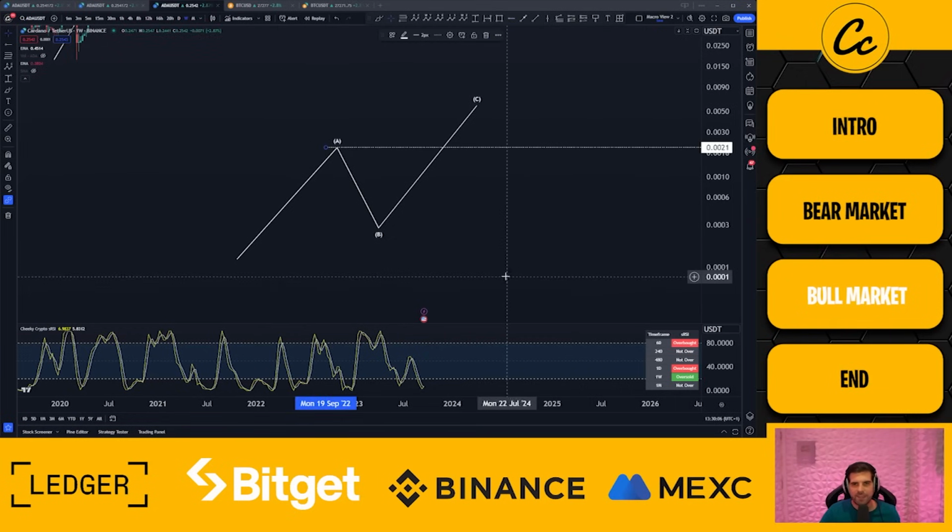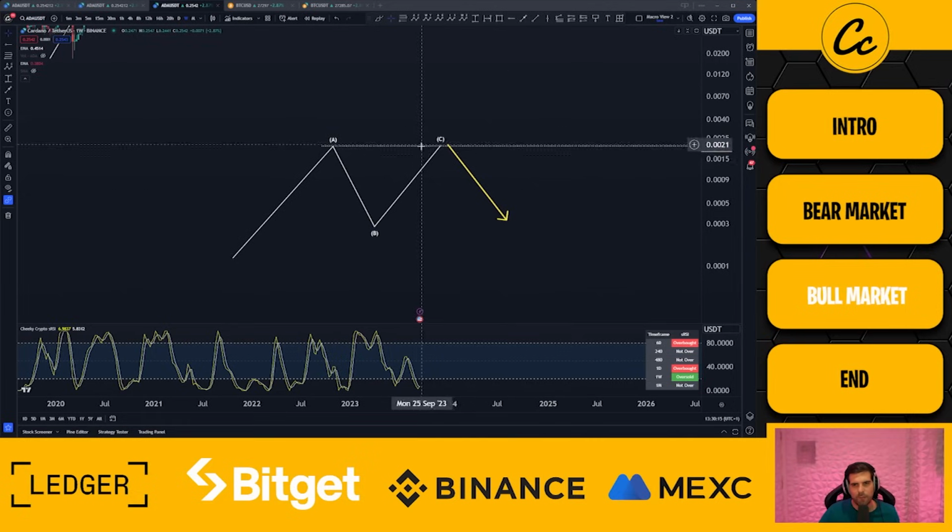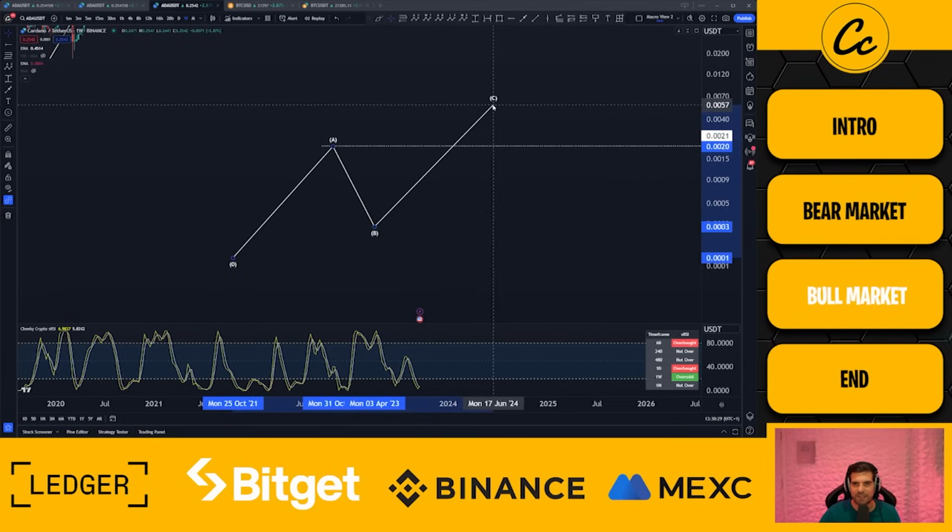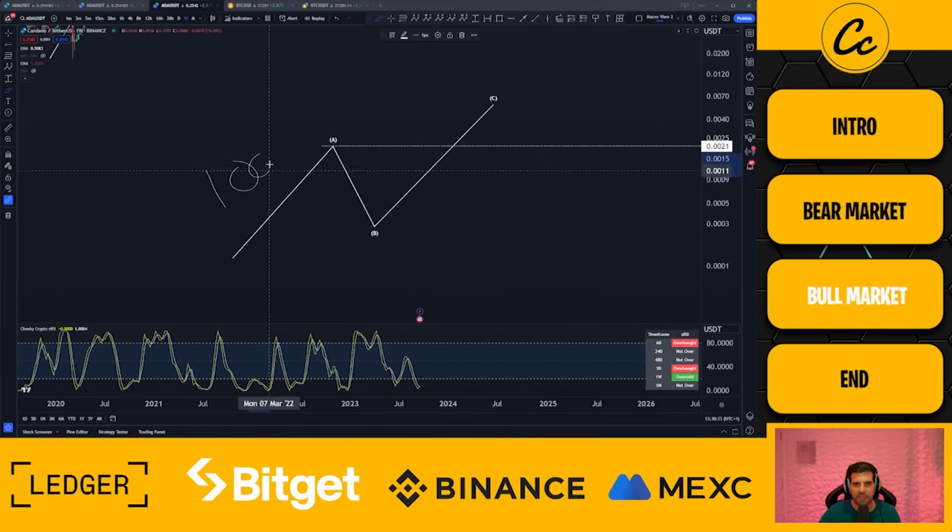Essentially, we have a double top situation, right? So in this particular example here, the C wave can stop right there at the double top and then get rejected, and it can come down. So that would be our minimum expectation on a three-wave pattern. So for the case of ADA here, that minimum expectation at this point is a double top at the all-time high at $3.10. However, most typically, not a guarantee, but most typically the C wave goes on to being 100% of the A wave. So if the A wave is 100%, then the C wave would be 100%.